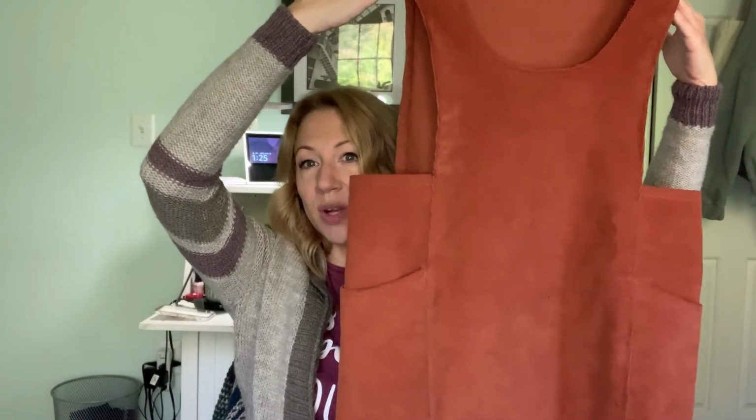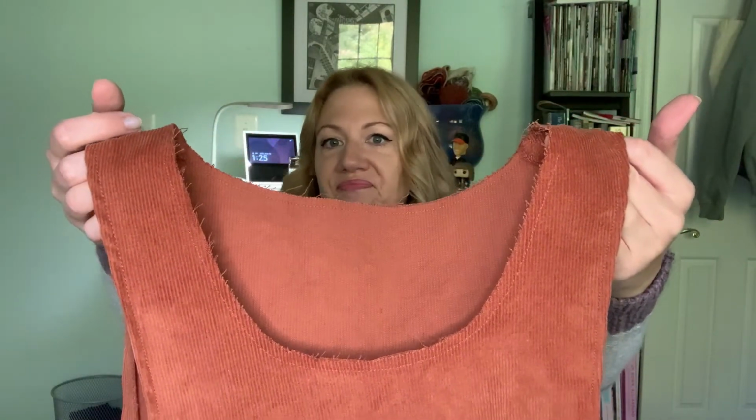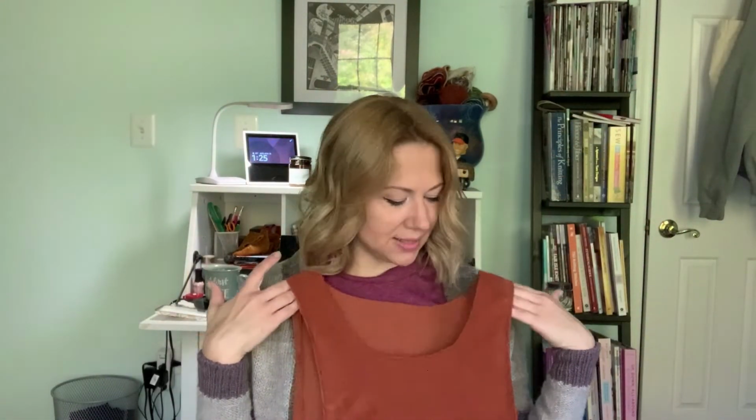So this is a pinafore, which I understand to mean like overalls, but not pants. So definitely you're going to be wearing something underneath this. It has big, deep pockets. And the last thing that I need to do for this is to finish off the neckline. So it has what's called a bias binding, trim, something around the neckline,